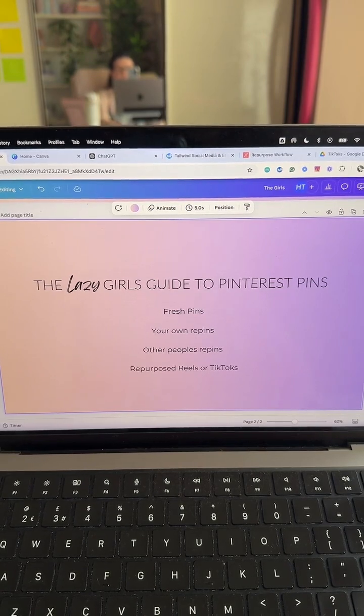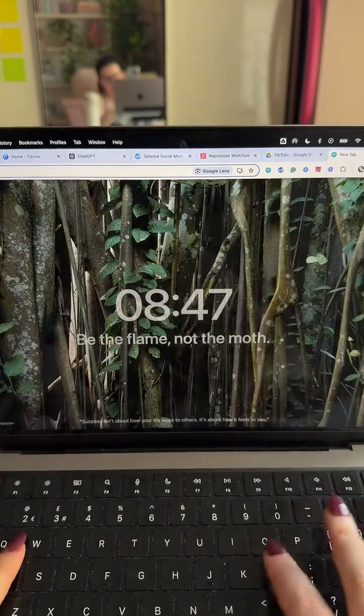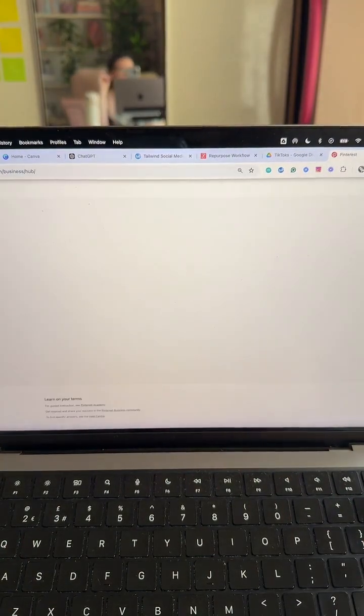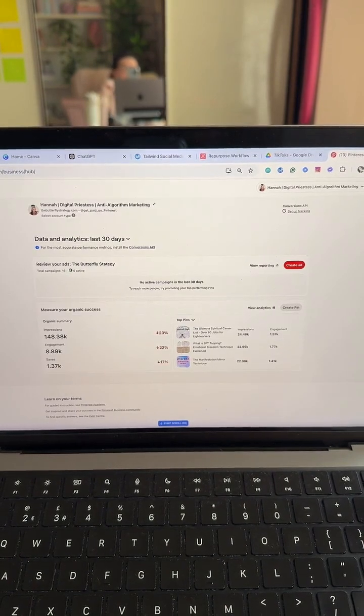Okay, Shaz says, yes, please, for crystals. Okay, so Shaz, what's kind of the keyword, or what's the title that you would want, or tell me a little bit of context behind what you would want me to create some pins for. In the meantime, I'm going to go onto my Pinterest. Which account do I go on? So this is the main account, and I'm actually moving my smaller account to this one.